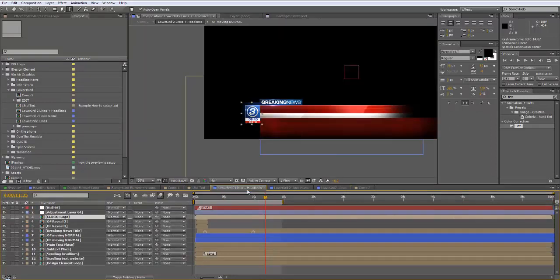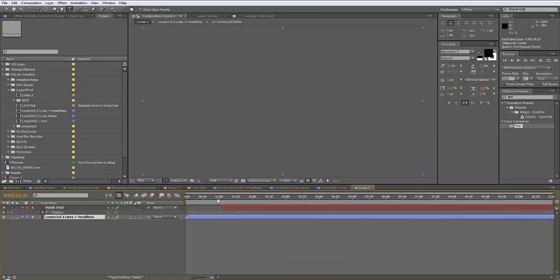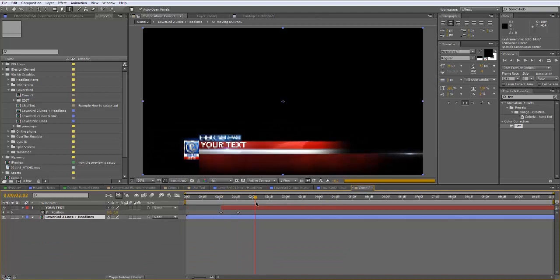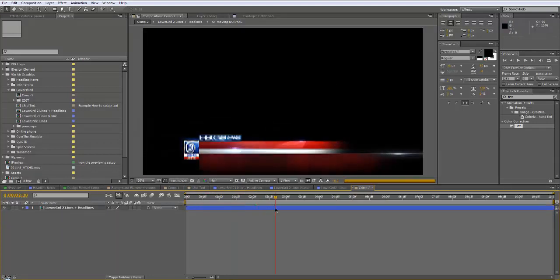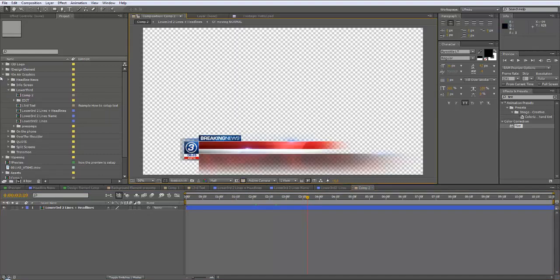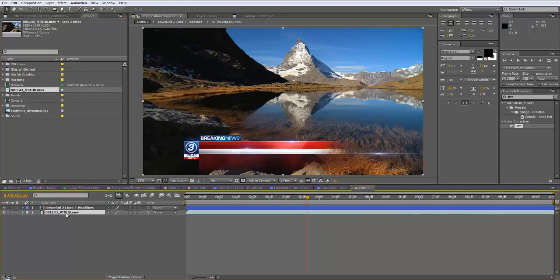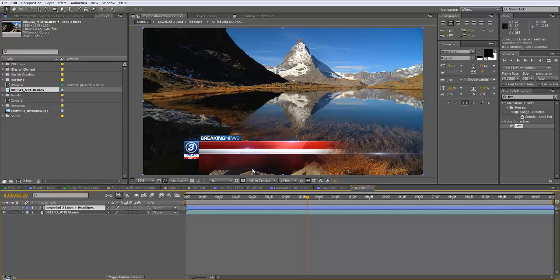What is good about these lower thirds is that they can be pre-rendered. So if you delete this layer, we can pre-render this animation, and it has transparency. What that means is that if you drop your video below, you're done, and you can pre-render this video element without text and then use it in your editing software. So let's show you how to